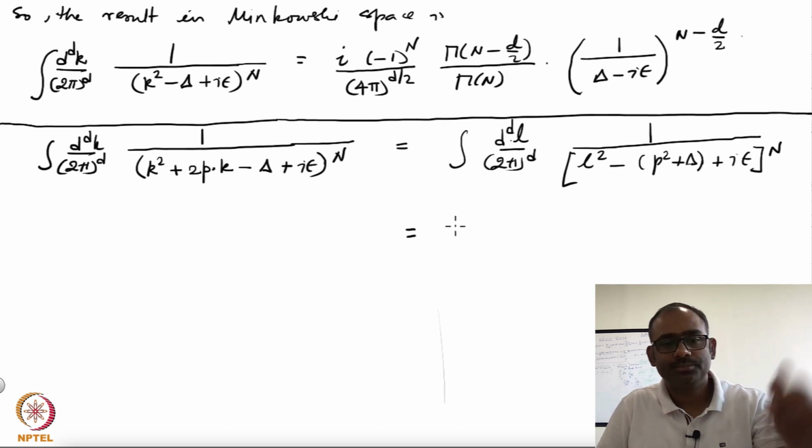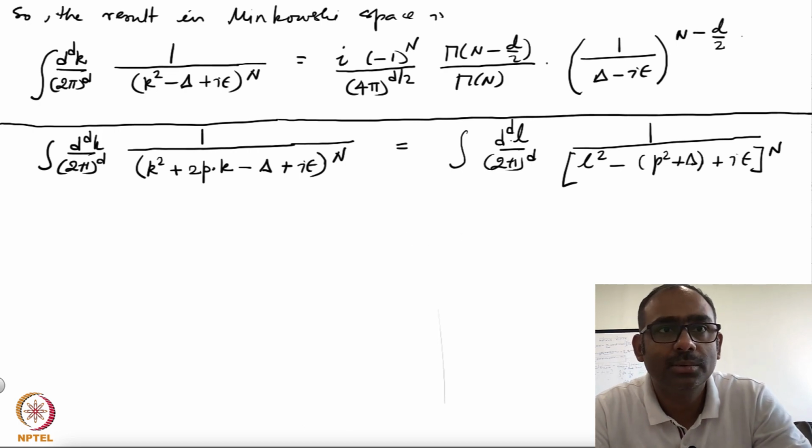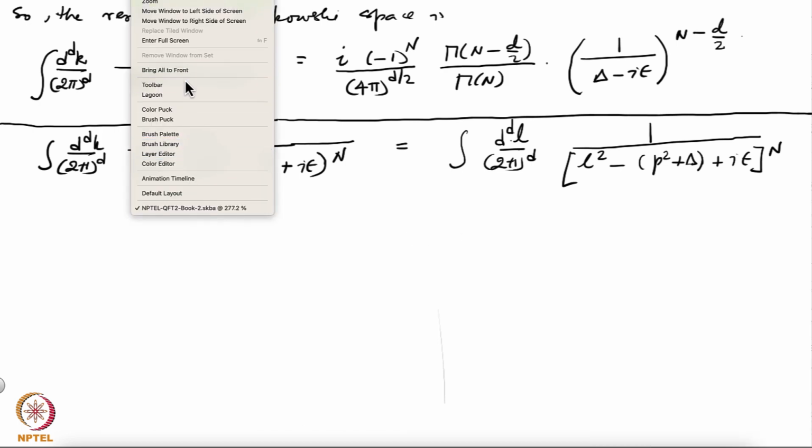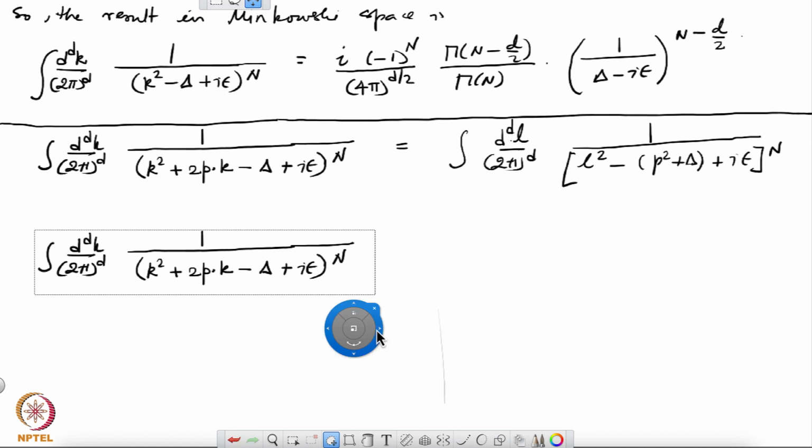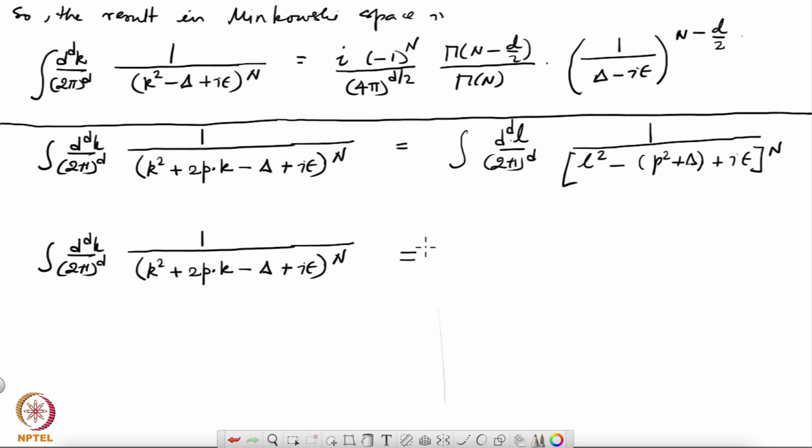let me try doing it, pulling it out. This is equal to, so this is a result you already know, right? We had it on the previous page. Think of this as delta prime, okay, and then use that result and you get i times minus 1 to the n